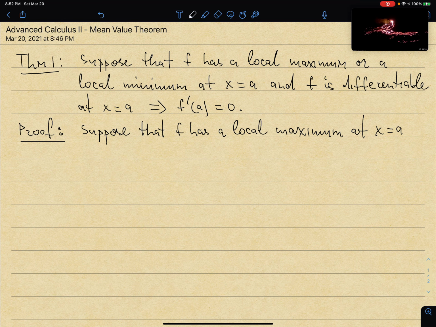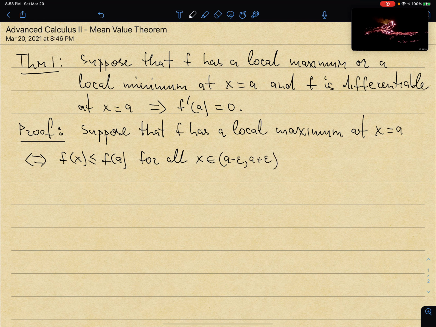If f has a local maximum at x equal to a, then that is the same thing as saying that f of x is going to be, well, maximum actually means less or equal than f of a, for all x in the interval, let's say, a minus epsilon, a plus epsilon,